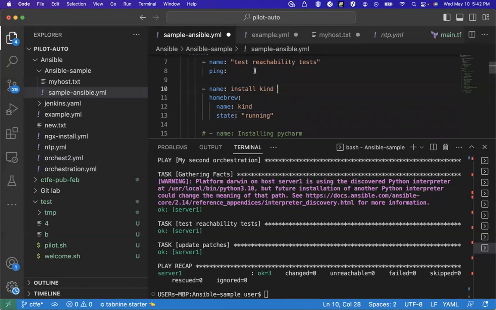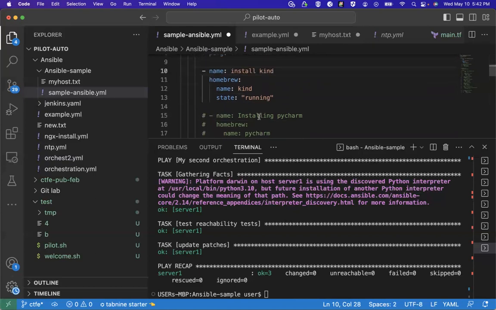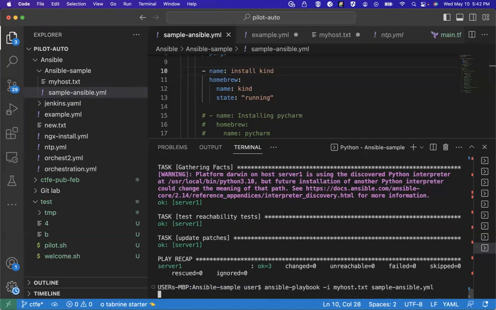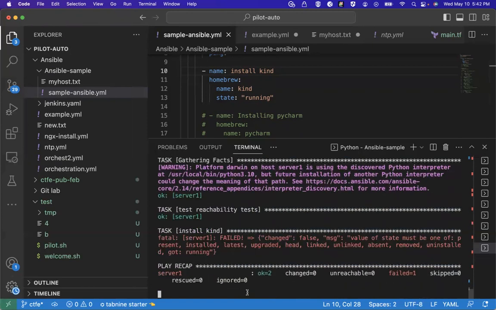Normally, after you ping, the next thing is you update, you understand? After updating, you now install. Now we are installing kind in all of these servers. So if I run it again, Ansible, let me save. Okay, come here. Ansible playbook install -20. Let me just run it. Oh, see, you can see what is going on now. Now it said false value, state must be present or installed or latest or upgrade or linked.